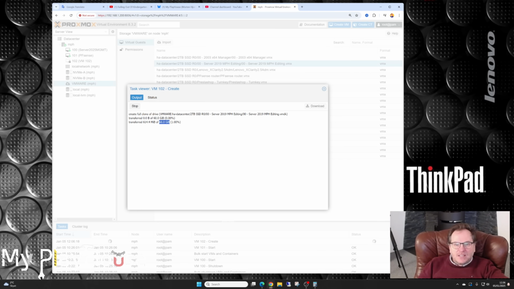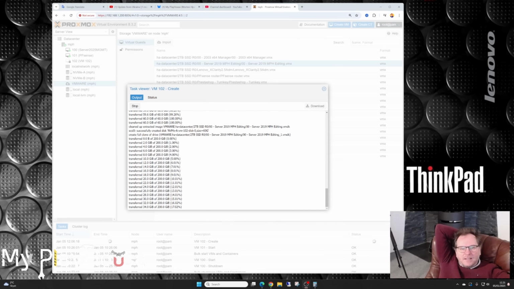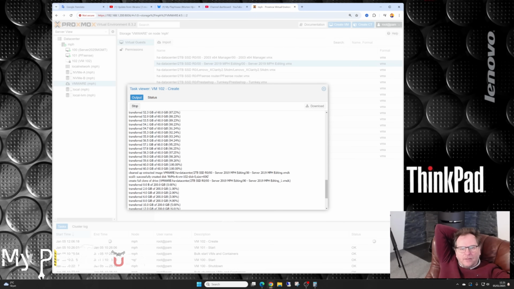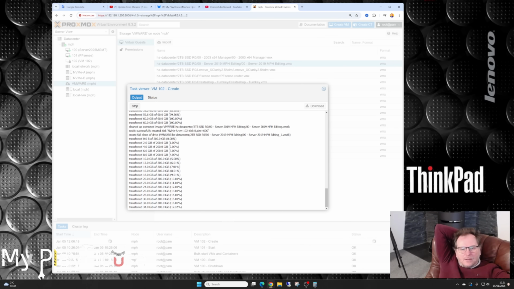Well, it's starting with 60 gigabyte. I do believe there is more than one drive, so probably it's gonna do this first 60 gigabyte drive, and then there's a 200 gigabyte drive. There isn't anything on it, but it might take just as long. But yeah, you're not gonna have to wait for that. We're gonna skip. I'm gonna start again if there's anything interesting going on. Okay, it did exactly that. It completed the boot drive, the 60 gigabytes here, and then it continued, and it's copying over these 200 gigabytes,